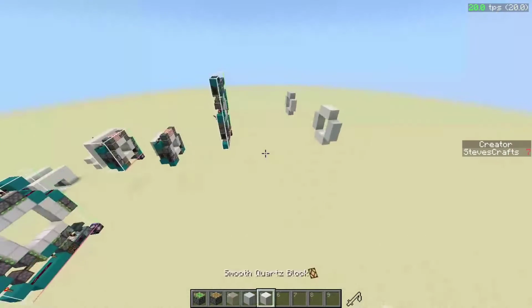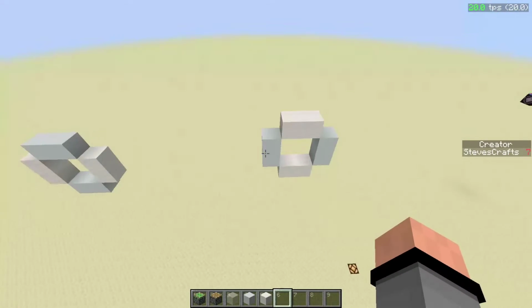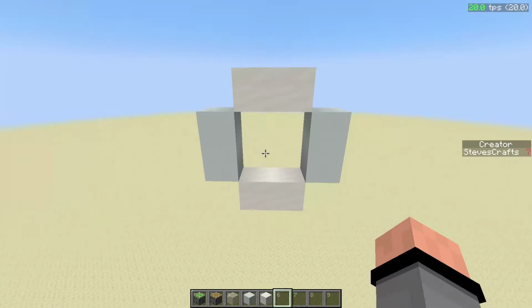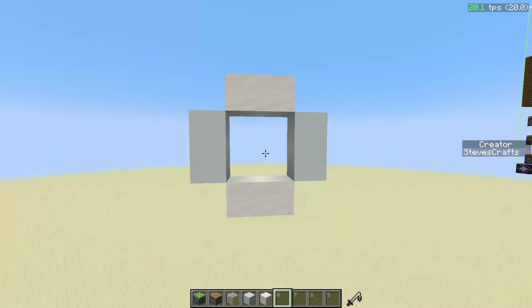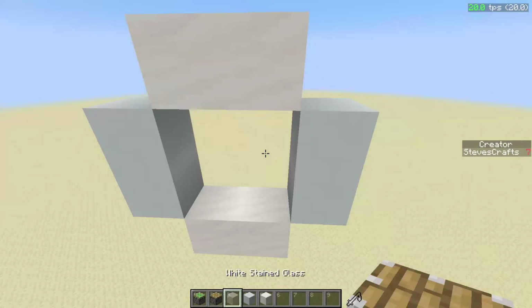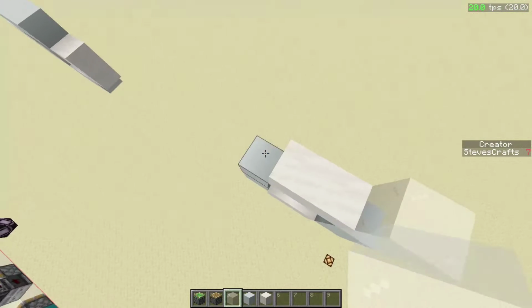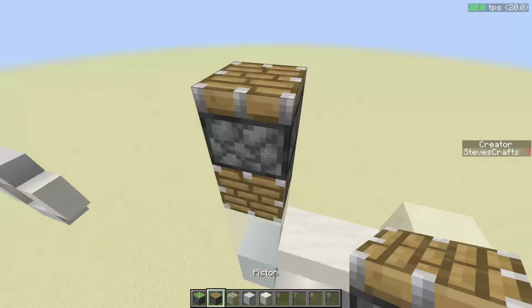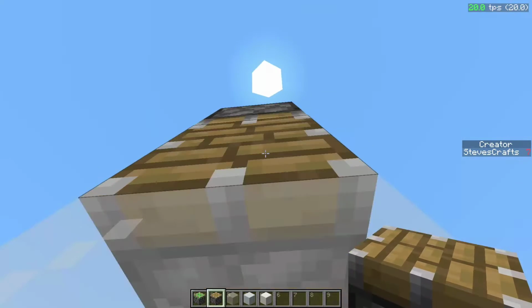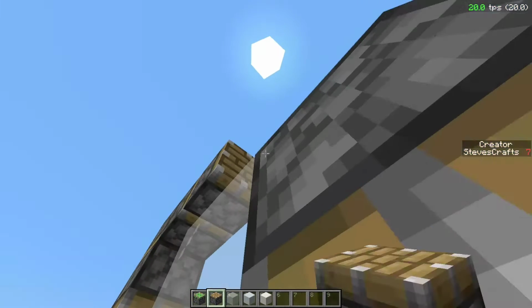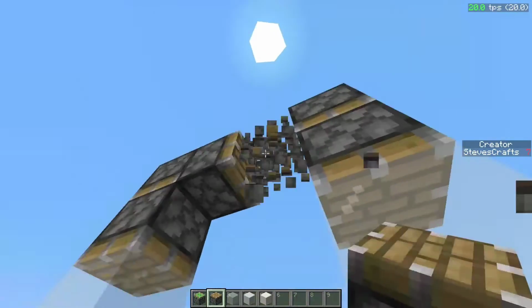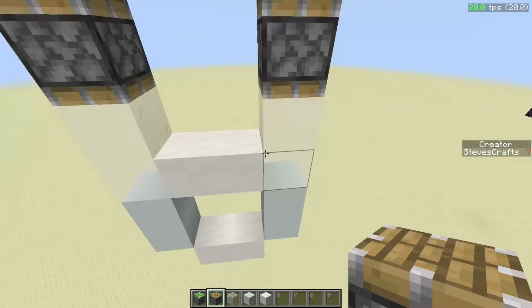Anyways, I already have our door wall layouts built because they're exactly the same. If you watched yesterday's video, then you know what I'm talking about. So, let's just get started with the layout. Of course, glass like this, and then two pistons upward. And then, I still hate these flight mechanics. Two pistons facing down, and then